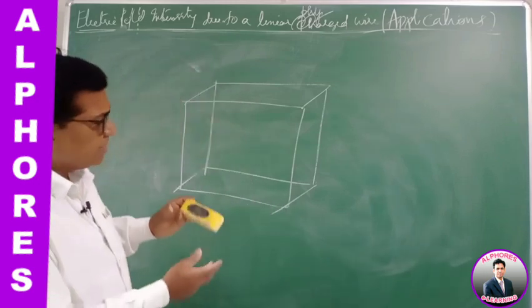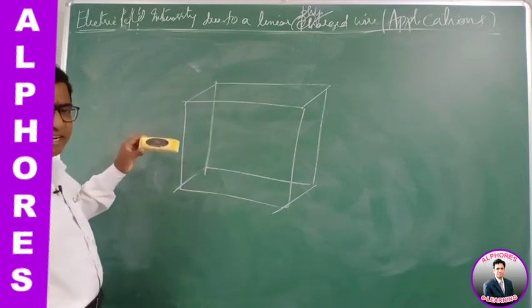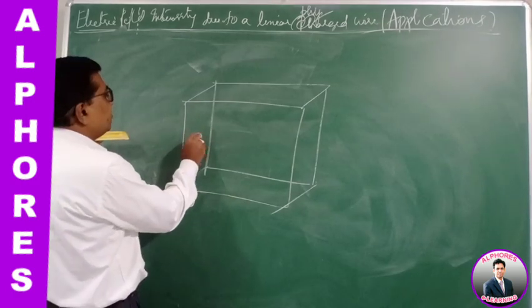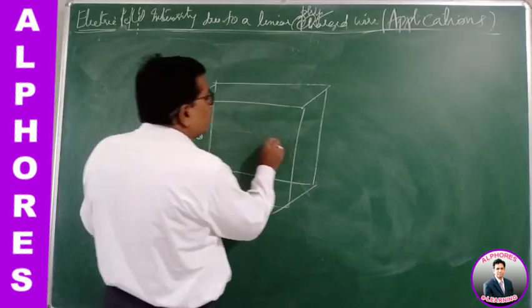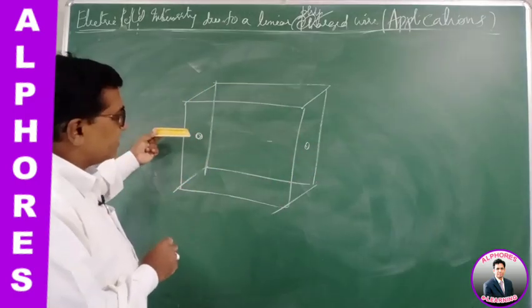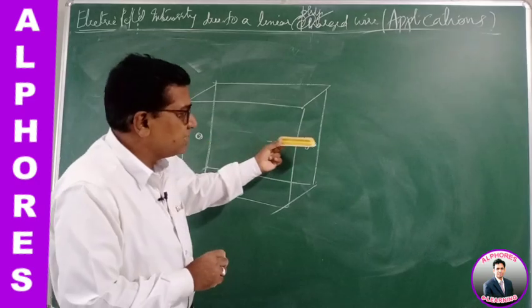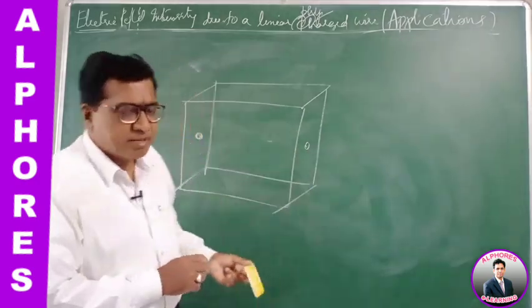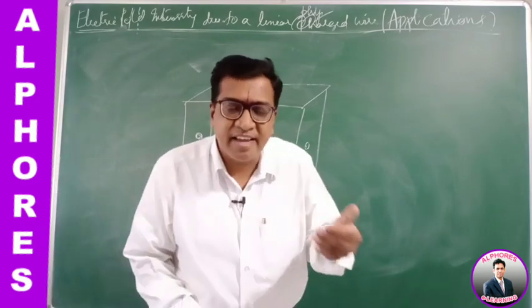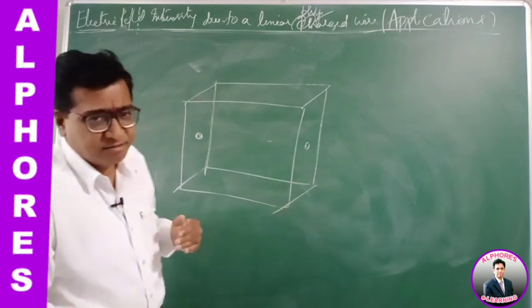Let's say this is the cube. This is the conductor of limited length. Linear charge density is lambda. It is slowly passed from the midpoint of one side to the midpoint of another side, slowly passed inside like this, and made to emerge out of the cube. Then how does the flux vary with this position?